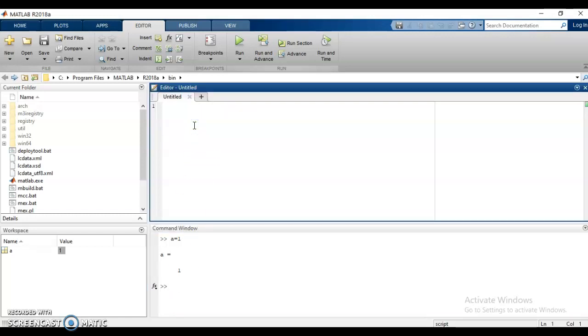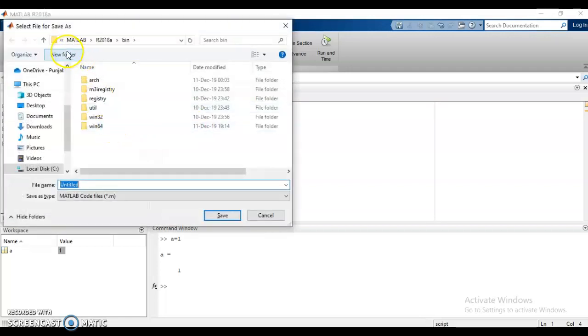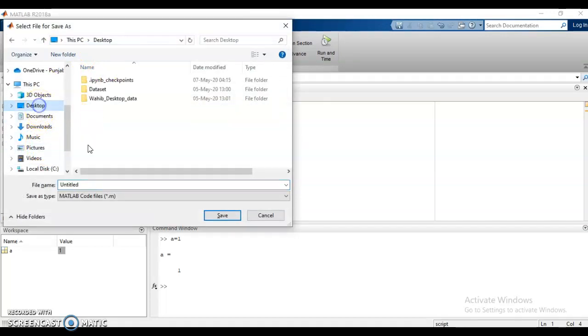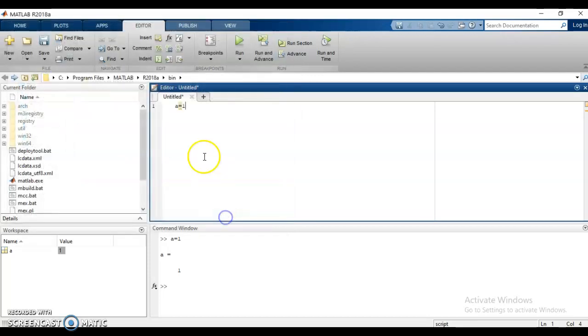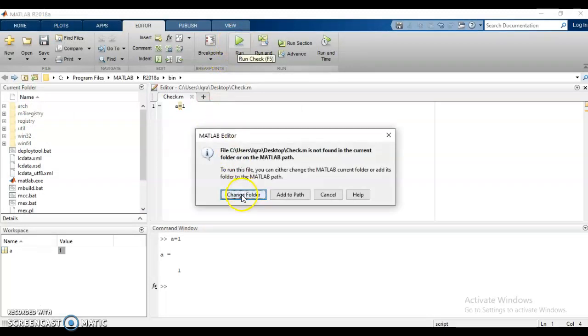Similarly, if I write a is equal to 1 here in the editor, it's going to work the same way. If I save the file, let's say on my desktop, and name it check, then when I run it, it's going to ask me to change the folder and add to path.